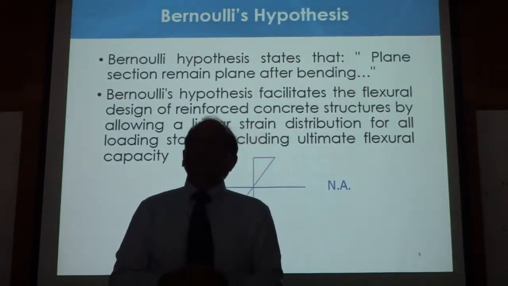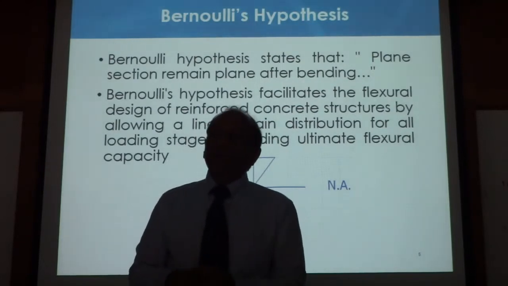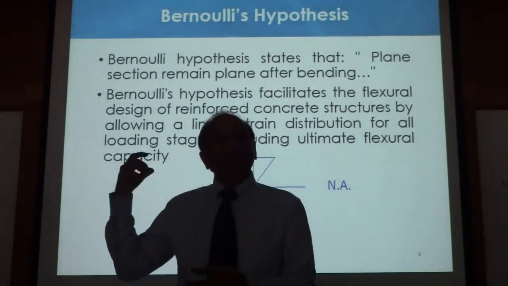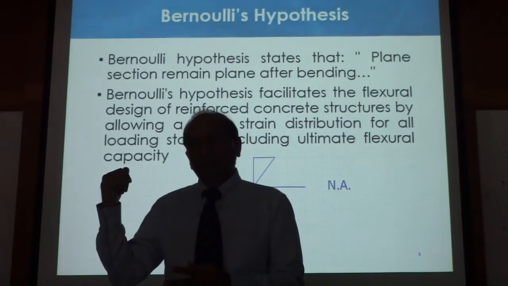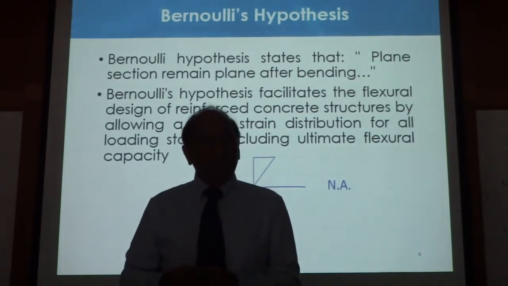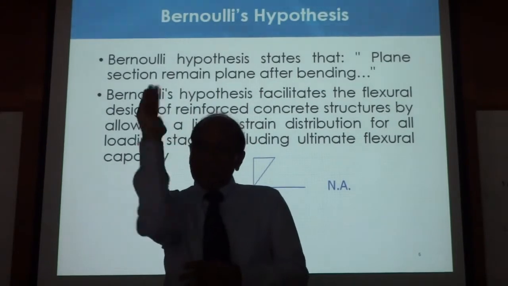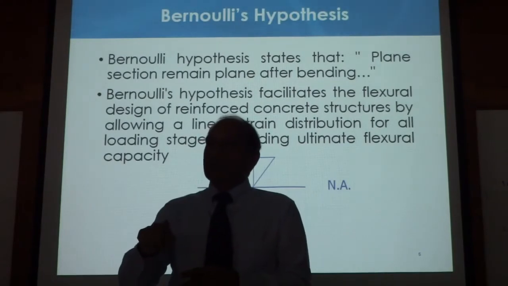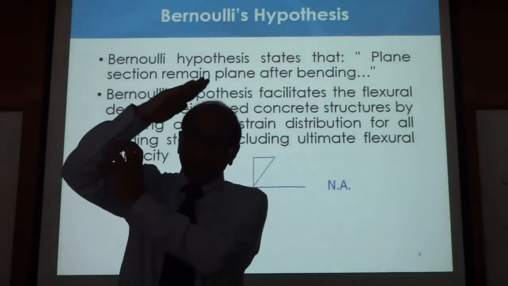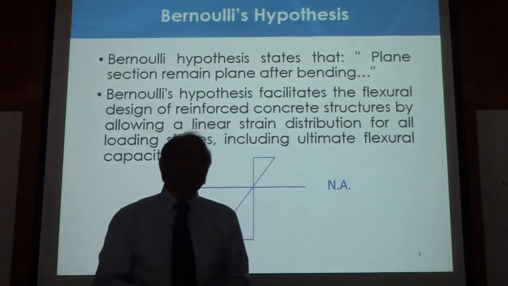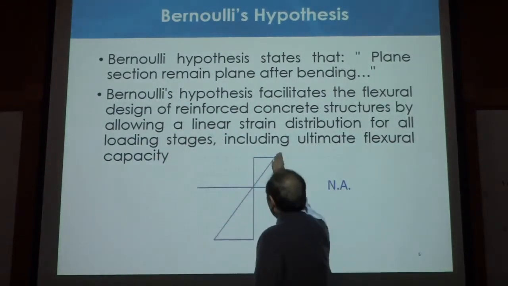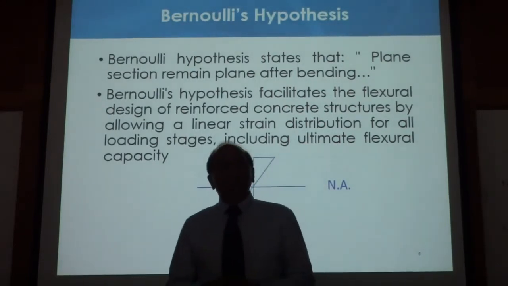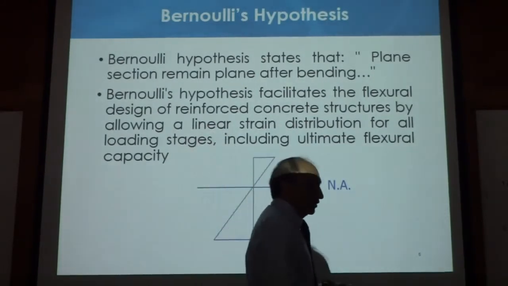So in deep members, we also have the effect of crippling, and we also have the effect of warping, and that makes the neutral axis not straight. In fact, there may be more than one neutral axis present, because the section is not deforming like this. It is actually doing something like that. So every time it crosses the neutral plane, it becomes a neutral axis. You remember I showed you a neutral plane? There was a diagram. So sometimes there is no such thing that we encounter. This line may not actually exist. It may go like this. And in those situations, this theory, Bernoulli's theorem, cannot be used.